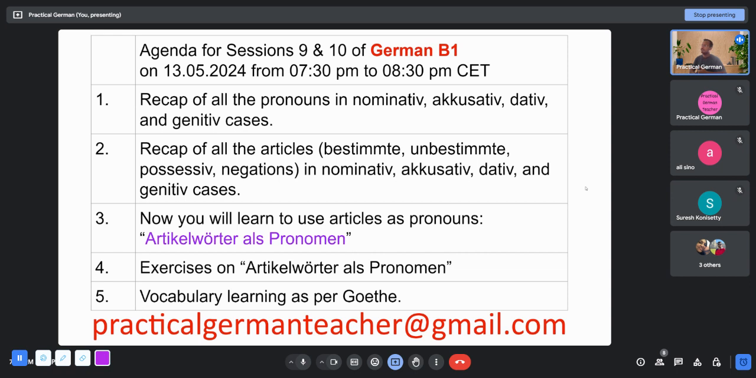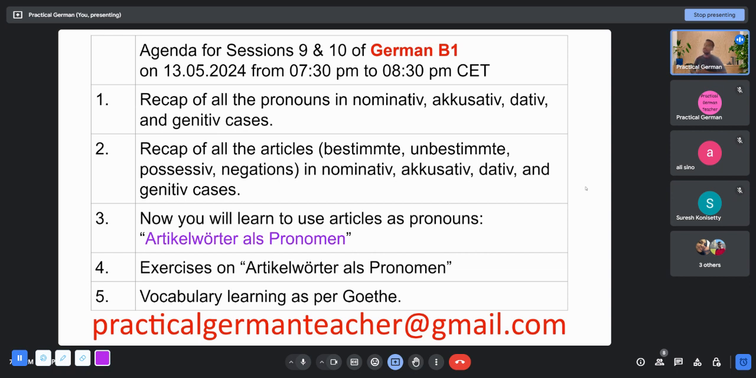Then we will also do some exercises on articles as pronouns. And then if we have time, we will see if someone has sent homework and try to correct it. And towards the end, if we still have time, we will try to learn some new vocabulary together as per Goethe. Before we do that, before we try to learn how to use articles as pronouns, let's do a very